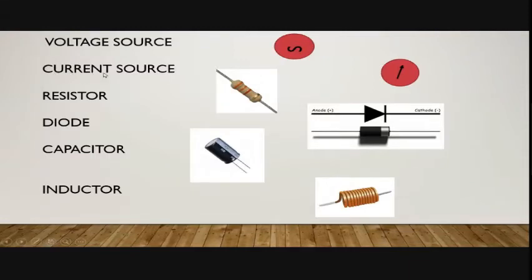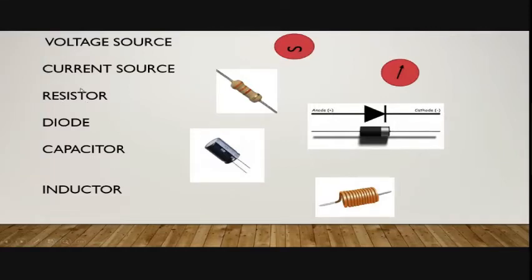Okay. Then you have a current source. So this current source, if it is a DC current source, it is shown by a straight line inside a circle. And if it is an AC current source, then this kind of symbol will be used inside the circle. Okay. So you have voltage sources, AC voltage source and DC voltage source, right? Then you have AC current source and DC current source. Then the other important